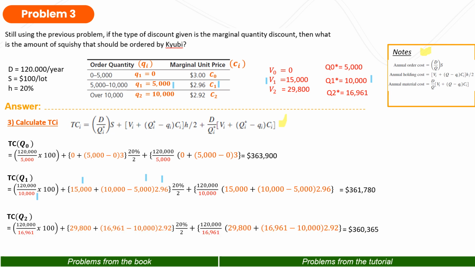And then for the last, the total cost of Q2, the difference is the same, the ones that I have colored orange. For Q2, the Q star is 16,961, and the V2, or the ordering cost, is 29,800, and the little q2 is 10,000, and the marginal unit price is 2.92, and then we got